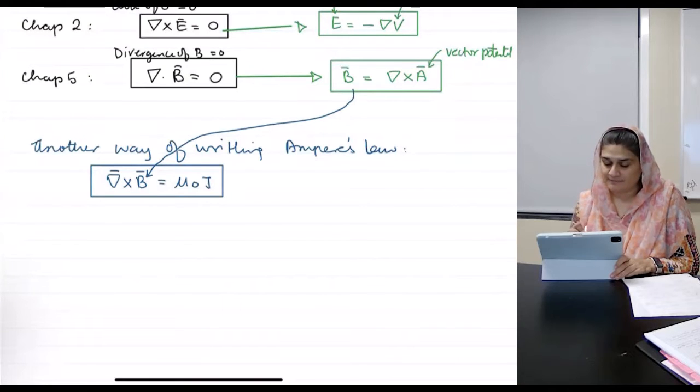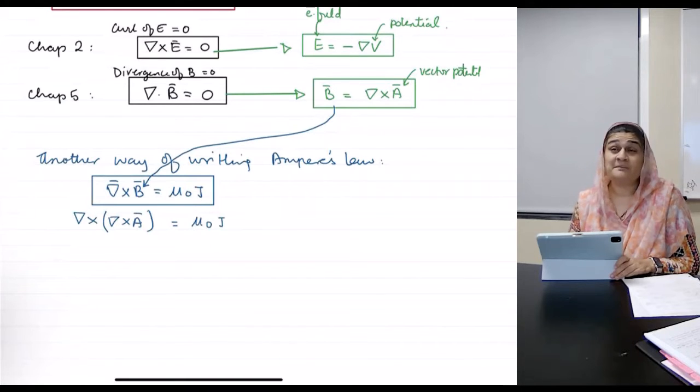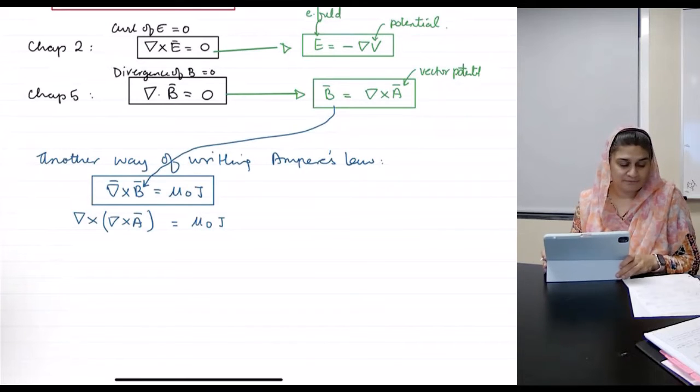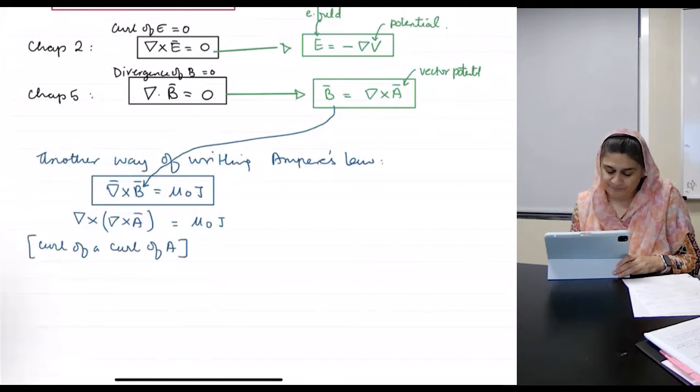What will I get? Del cross del cross A equals mu naught J. Going back to chapter 1, this is a curl of a curl of A, right? A curl of a curl of A